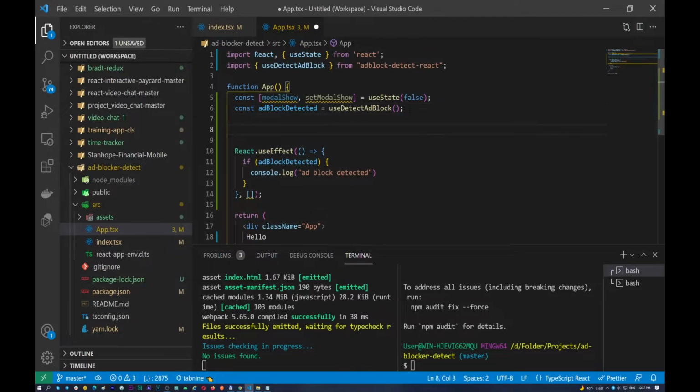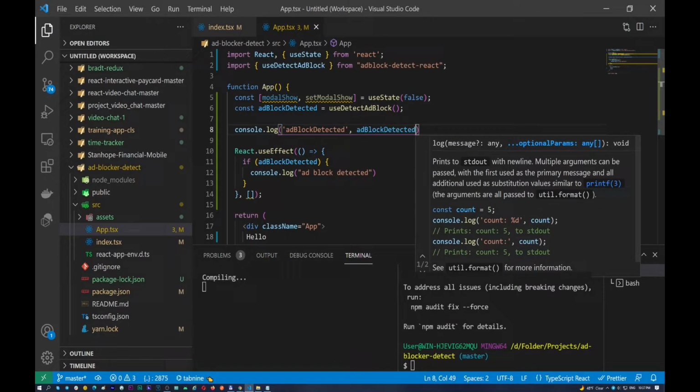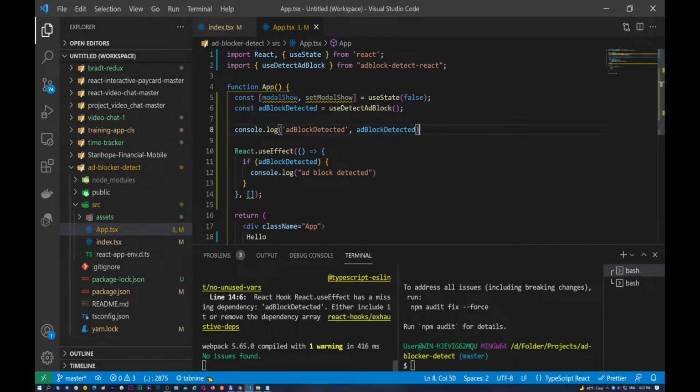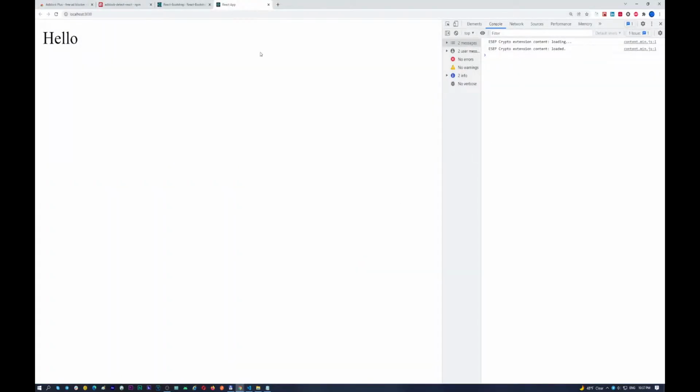We need to try it out and see what happens with this value when we refresh the page, enabling or disabling the AdBlocker. So AdBlock detected. I will refresh the page, and as you can see,